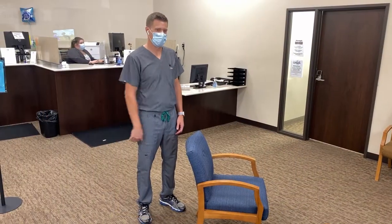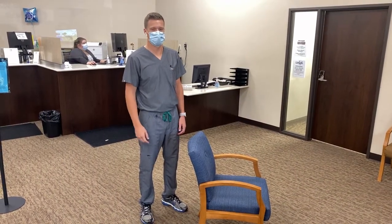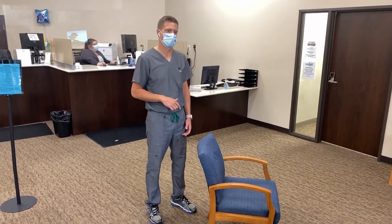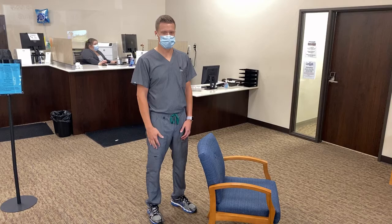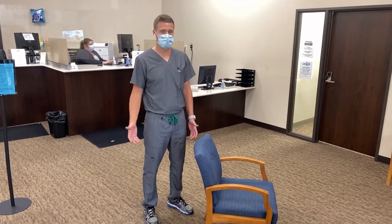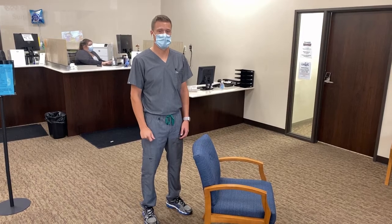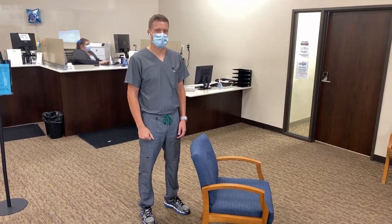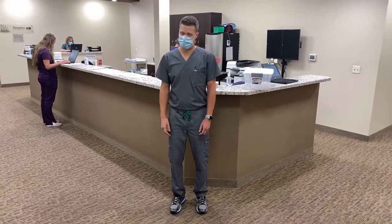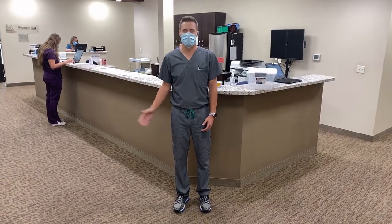We'll do a walkthrough of our clinic building. Obviously, this is our reception area. We'll go first into our acute side. Our clinic has a walk-in urgent care style clinic where anybody can walk in and be seen at any time, call, make appointments, and can get a same-day appointment. So this is our acute care side of the clinic, and this is where people can be seen at